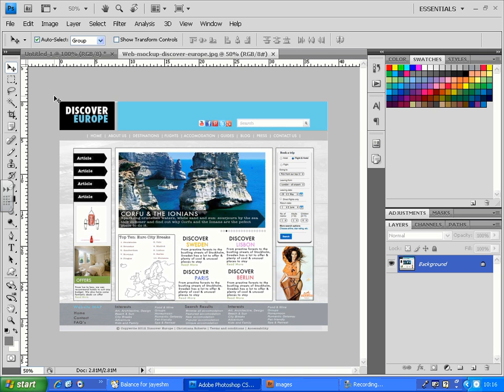When we do slicing, you can start slicing your images with a PSD file as well. It's not necessary that it has to be a JPEG file. Every single visual layer or the compressed image you see on the screen can be sliced into individual bits and pieces. So for example here, this particular image, I'm going to slice the logo separate, the header separate, the navigation bar